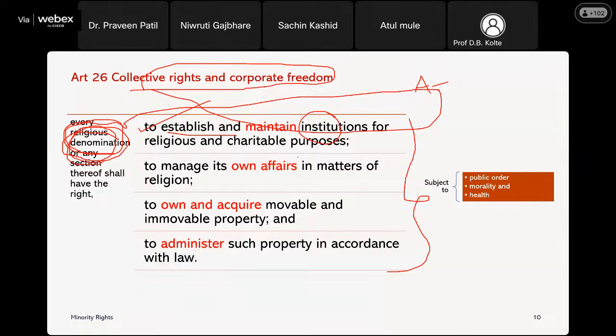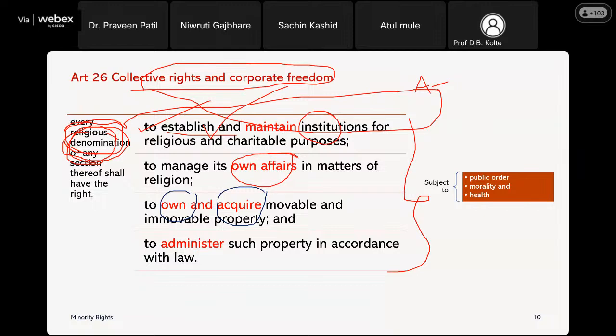The second most important right is, once you establish a particular institution, you shall have a right to manage the affairs of such religious institution. Once you are an organization, you necessarily need a right to own and acquire property,